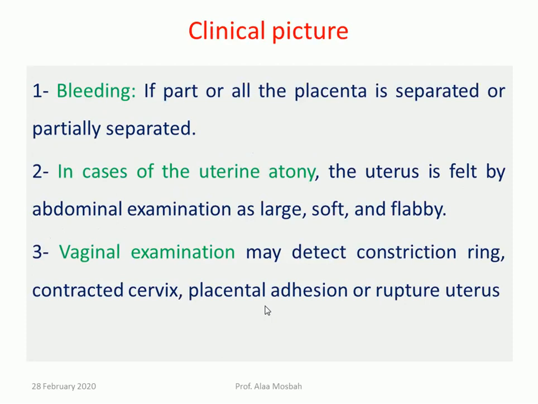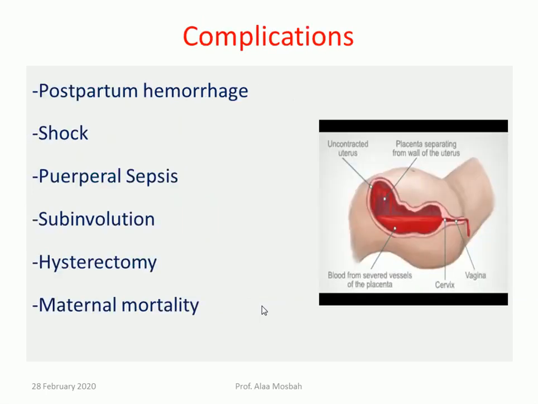The clinical picture includes bleeding if part or all the placenta is separated or partially separated. In cases of uterine atony, the uterus is felt by abdominal examination as large, soft, and flabby. Vaginal examination may detect contracted cervix or constriction ring or placental adhesion or ruptured uterus. The complications include postpartum hemorrhage, shock, maternal mortality, puerperal sepsis, subinvoluted uterus, and hysterectomy as a line of treatment for